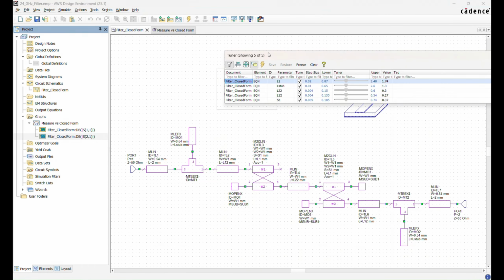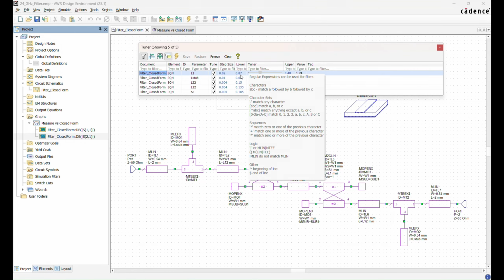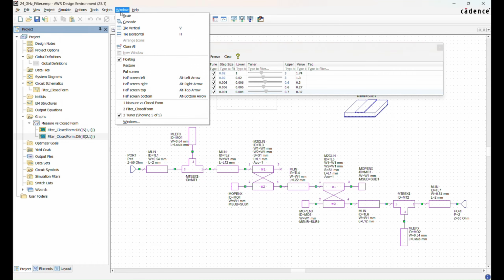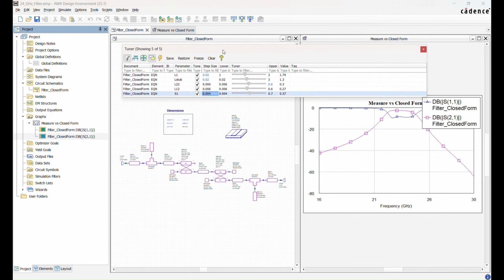Now let's open my tune table. Over here, I have a list of all of my tunable parameters with their lower and upper size. So I can specify a range for my parameters and their step size as well. Now that we specified the upper and the lower limit, I'm going to click on Windows and tile vertical to see